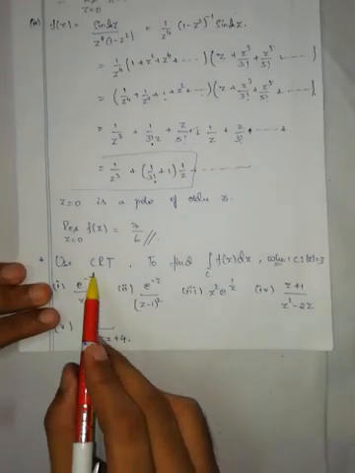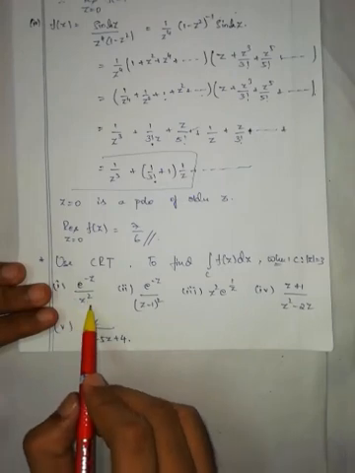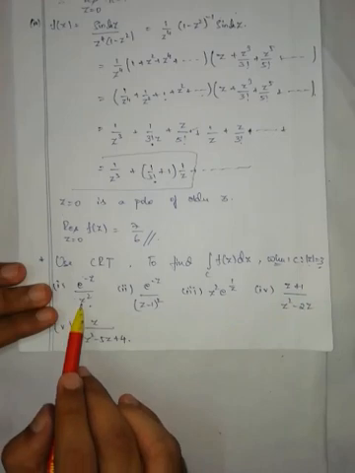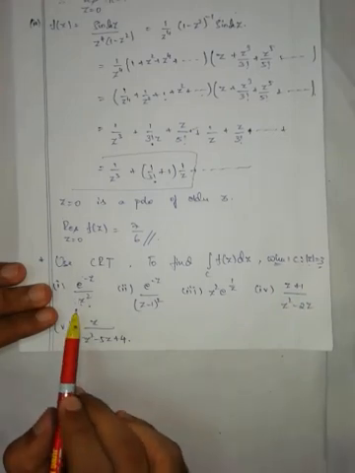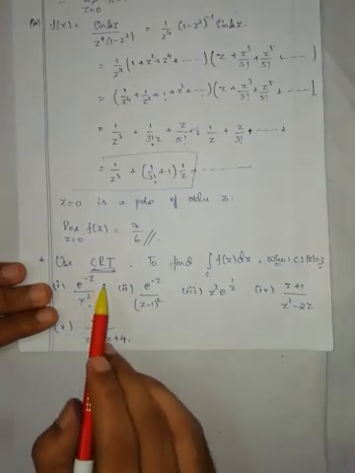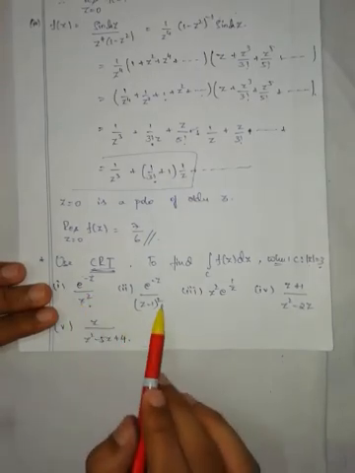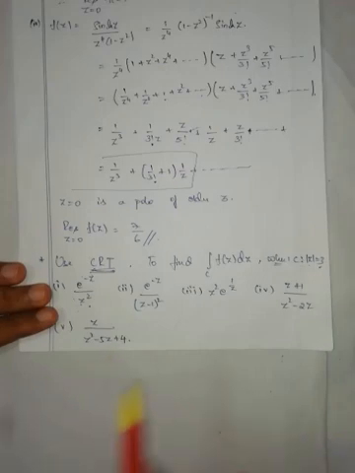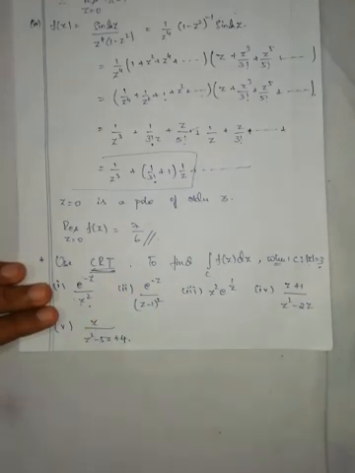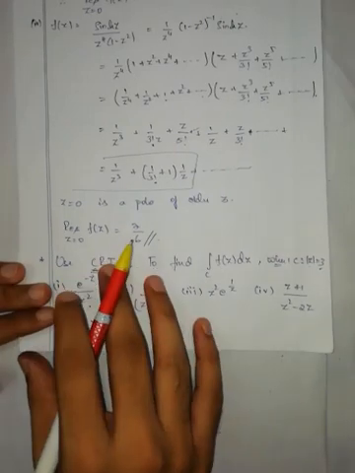Means you have to find all those singular points in modulus of z is equal to 3. You have to find the residues at those singular points and you have to use the Cauchy residue theorem. First, find the singular points of all these functions and check which singular point lies in this one. For those singular points, you have to find the residues at those points. Then you have to use the Cauchy residue theorem.